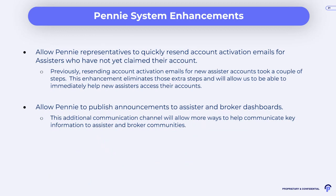There's an additional feature we've added where we're going to be able to start publishing announcements that will appear on your assister and broker dashboards. We're excited because it's going to give us a new communication channel to provide information to you all. For example, during open enrollment, as you all know, when we get close to one of our deadline days, December 15th or January 15th,